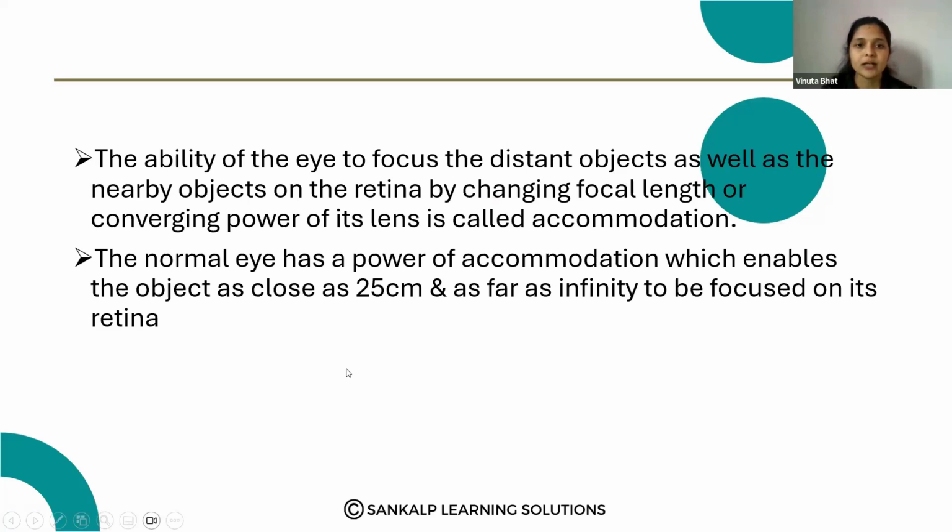The ability of the eye to focus the distant objects as well as the nearby objects on the retina by changing the focal length or converging power of its lens is called accommodation. The normal eye has the power of accommodation which enables objects as close as 25 centimeter and as far as infinity to be focused on its retina. Okay, so